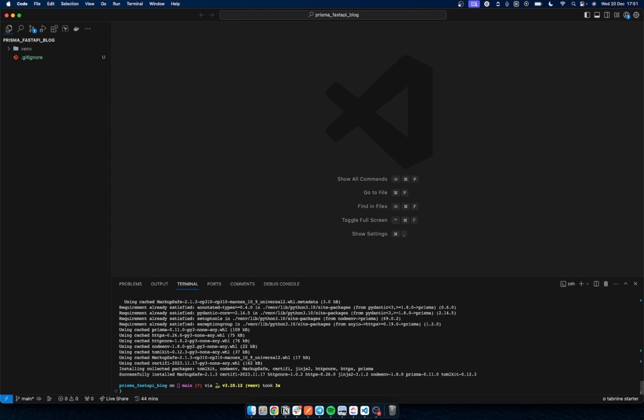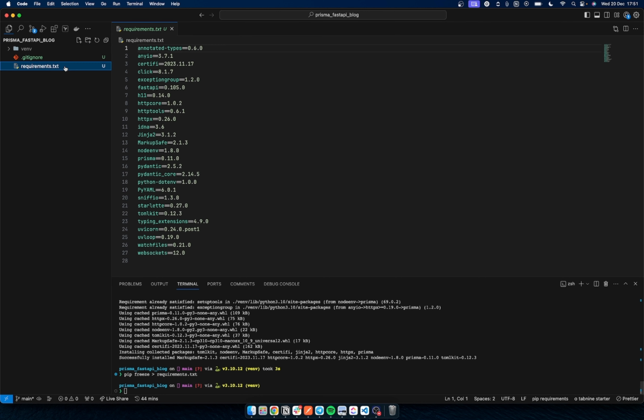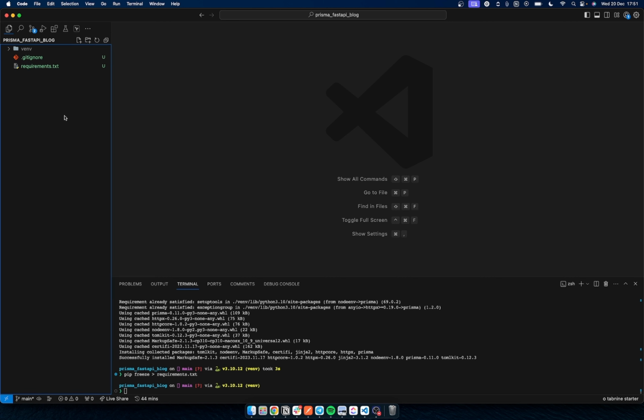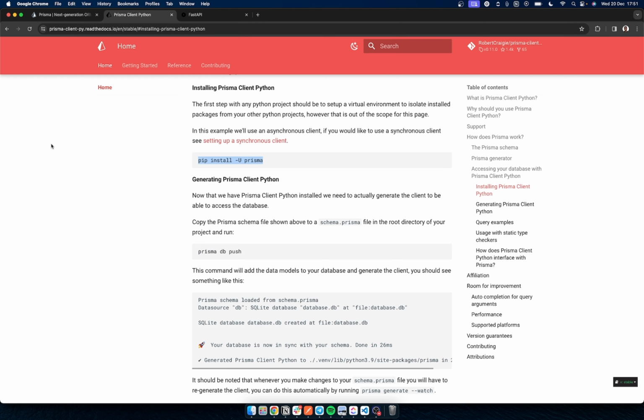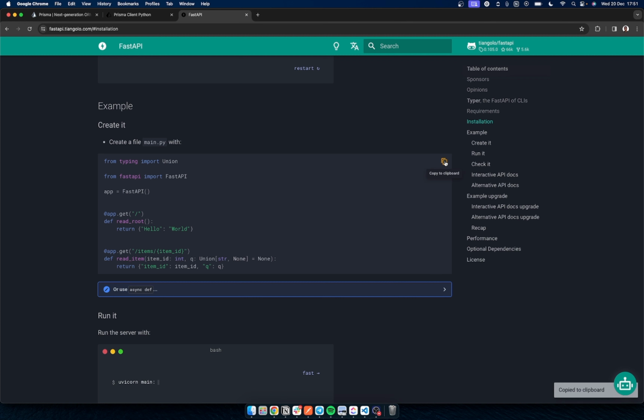So the next thing I want to do before I forget is freeze the dependencies into a requirements file, requirements.txt. Okay, so then I have all the requirements just in this place here like this. All right. Okay, so the next thing I want to do,